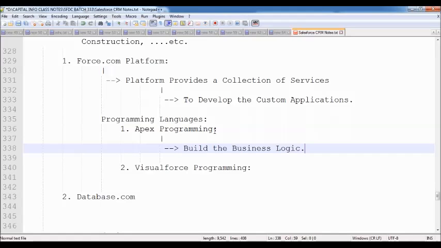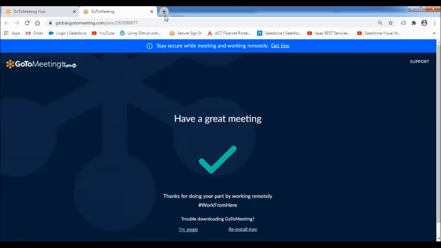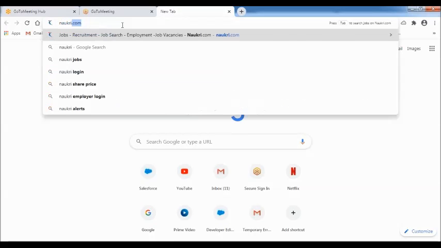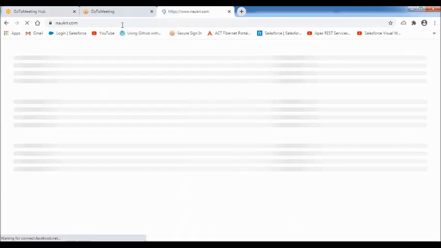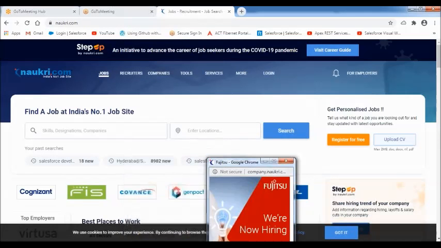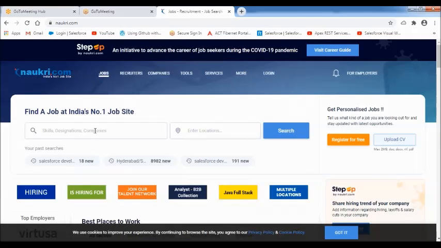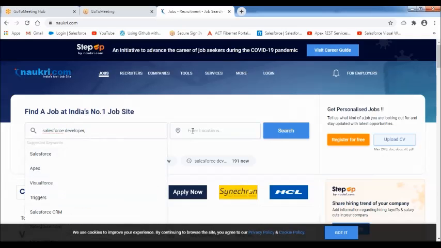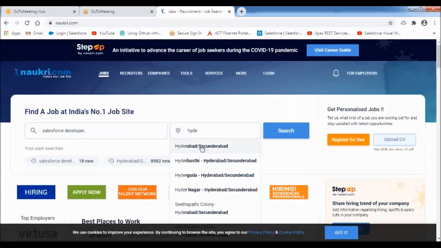For example, assume that I have a screen. Let me open a screen. Assume that I'm going to Naukri and searching for some jobs. What jobs? Salesforce related jobs. So I'm entering Salesforce developer, in the Hyderabad location.